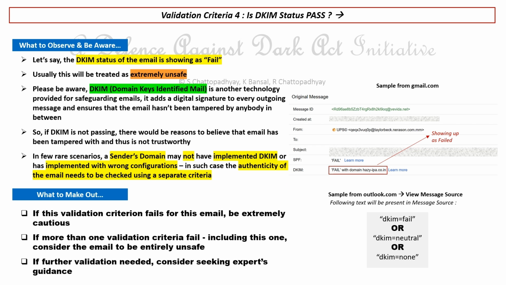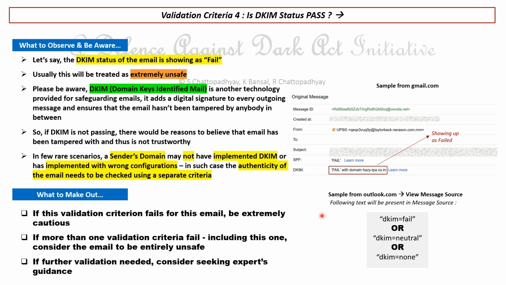Again, if you look at the sample from gmail.com, you have this DKIM as one of the header information here, and it can show up like this, fail. Or if you are accessing the message source, you could see something like DKIM equals fail, something along those lines. So if it is fail or something like that, it might just mean that the message is